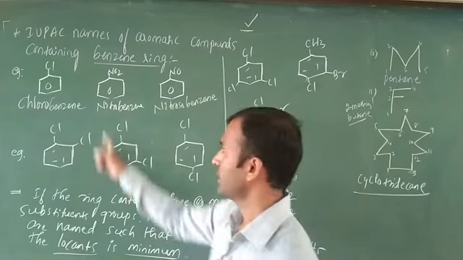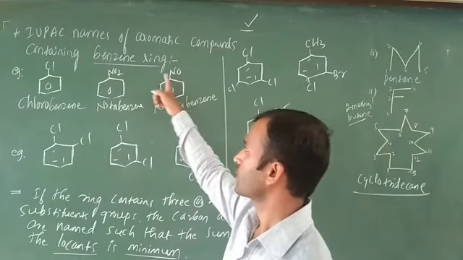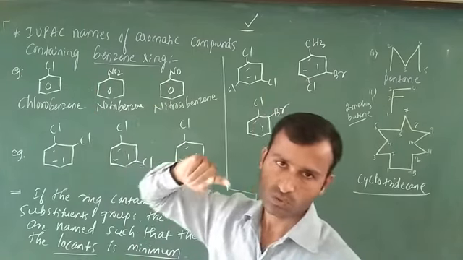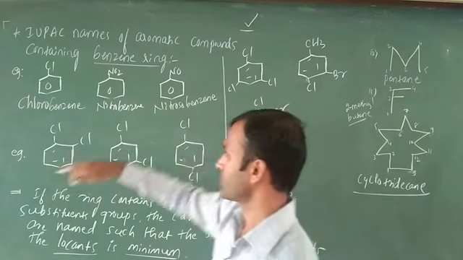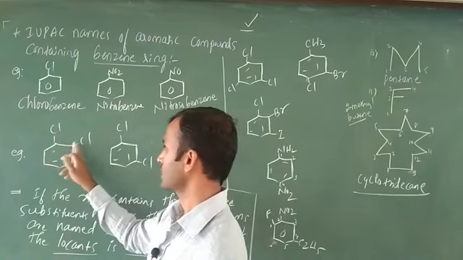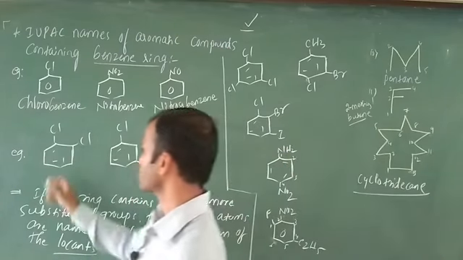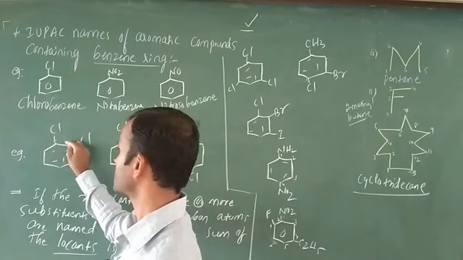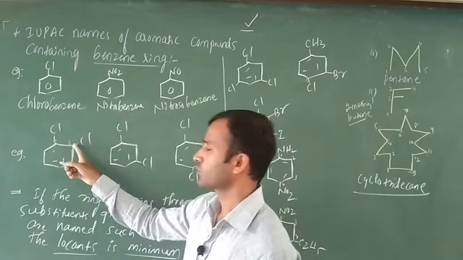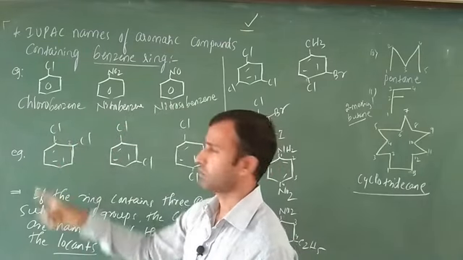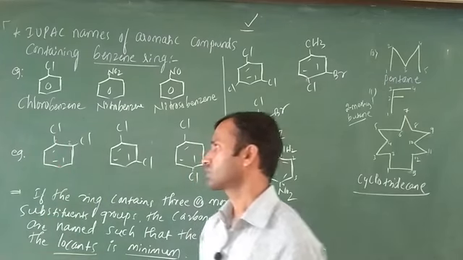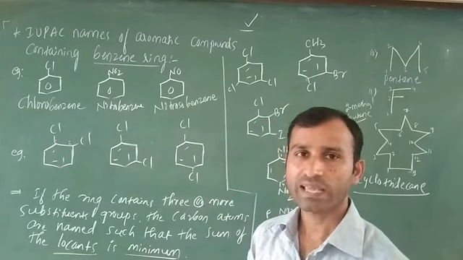Next after that, this is the first category of example, and this is the second category of example. In the first category, the benzene ring has only one substituent group. Okay, in this case Cl, here Cl. This benzene ring is going to get 2 substituent groups. Okay, I am going to start from here: this is 1, this is 2. If you want you can write 1, this is 2, no problem. What is the IUPAC nomenclature of this one? 1,2-dichlorobenzene.